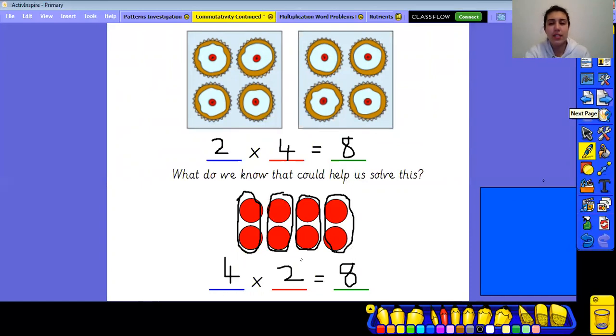But I'm going to show you something different today. It's still looking at this idea of commutativity, but we're going to have a look at what happens when we get a problem like this, and a different way that we could look at